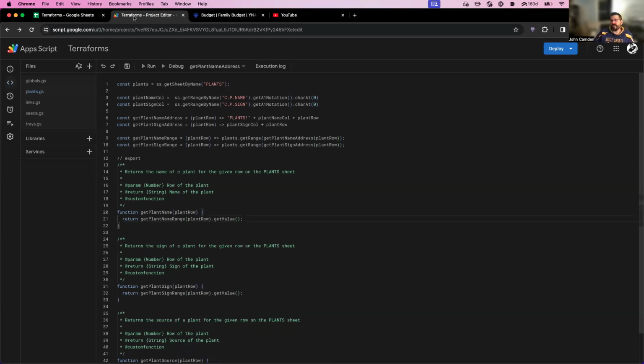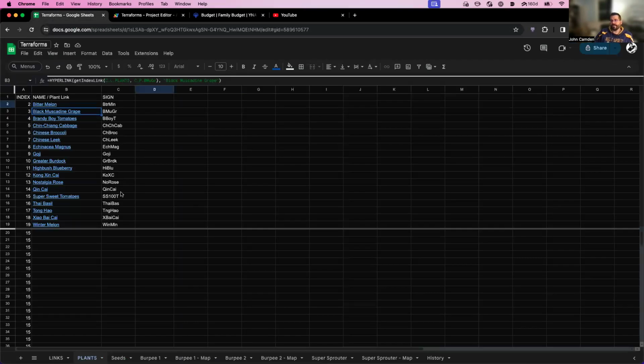We can't do that in this context because there's no opportunity for auth, right? It's just these top level functions that are exposed. It's not like an application. So these functions don't have an opportunity, as far as I know, to authorize into this spreadsheet in order to get permissions to set things. So that was kind of a limitation. I couldn't move everything out